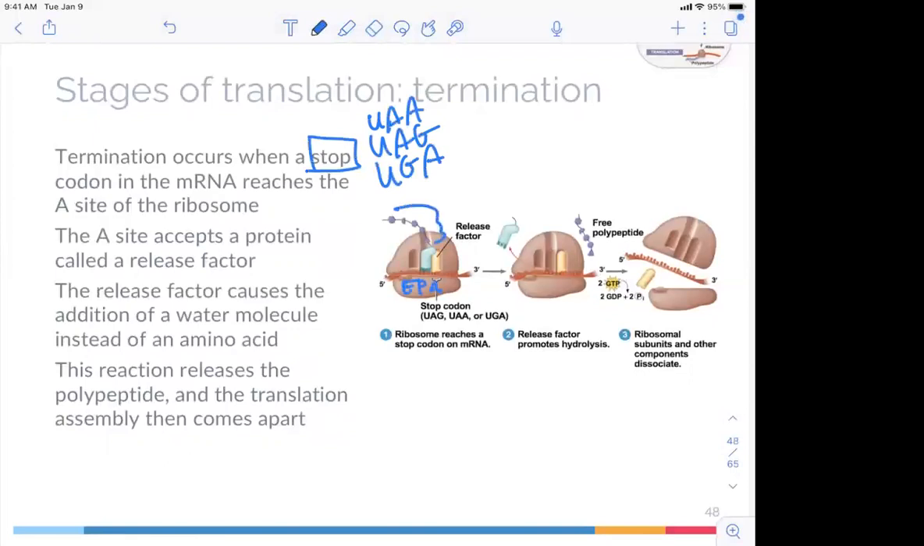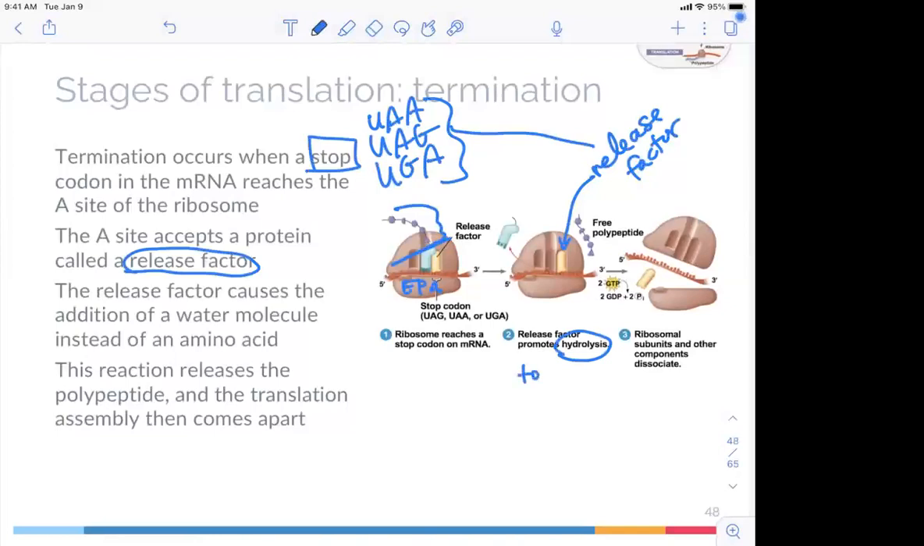in the P site. In the A site comes this protein called a release factor. And it's the one that binds to one of those 3 stop codons. Instead of it adding an amino acid, it actually causes a hydrolysis. It adds some water to unbind your tRNA from the polypeptide. Hydrolysis to remove the polypeptide